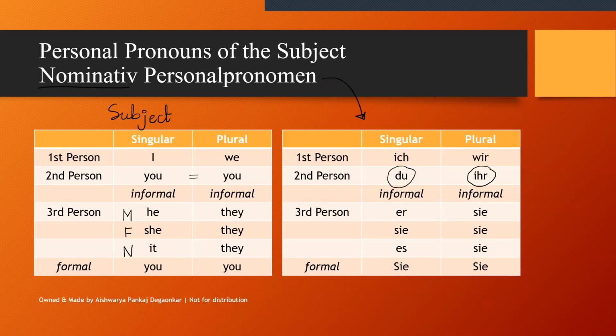Here it is changing. Then moving on to the third person singular, we again have masculine, feminine, and neutral. And again for the formal you, the pronoun is changing, right? So while there are certain similarities between English and German, this is how we use English as a reference language. We made a reference of the personal pronouns, but we will be taking away only the German personal pronouns.